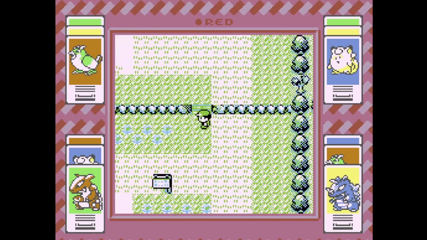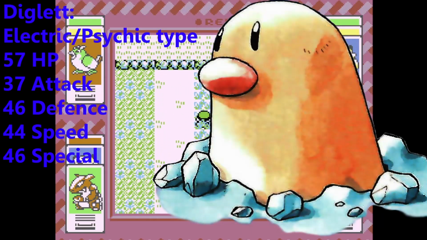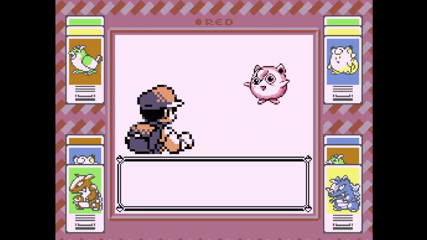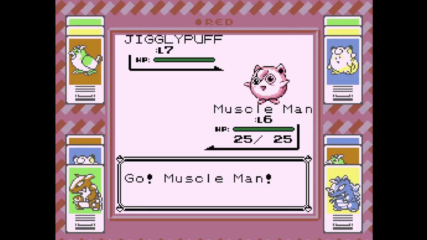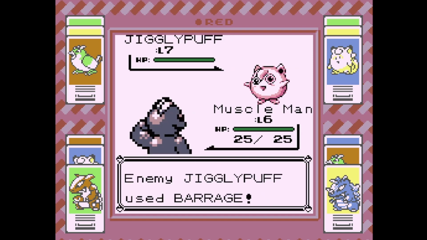Diglett, Electric Psychic type, so 57 HP, 37 attack, 46 defense, 44 speed, and 46 special, which is pretty not great stats. Jack of all trades, master of none. And then we encounter a level 7 Jigglypuff that scared the crap out of me as I was encountering this, and it had Barrage, and those can be so much fun if they get a crit on you. But yeah, I haven't really used Jigglypuff, Wigglytuff,